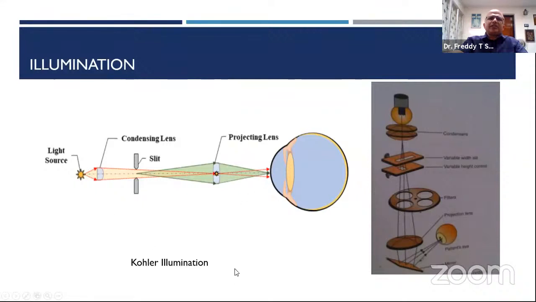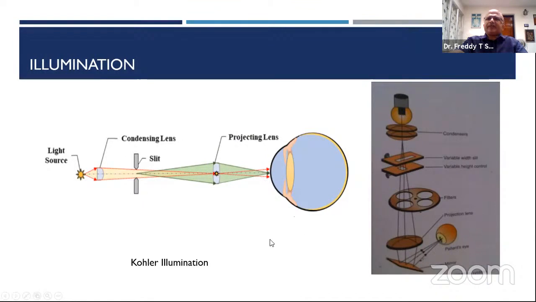The illumination is what we call Köhler-type illumination, where the light source goes through a condensing lens, through a slit and various filters, and through a projecting lens into the mirror. From the mirror, it is projected into the eye. The peculiarity of this system is that the light source is focused onto the projection lens, and the slit is focused